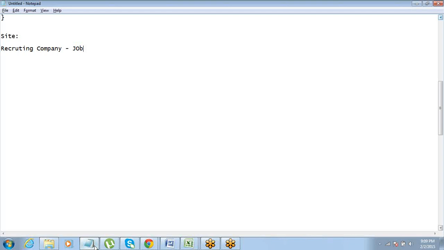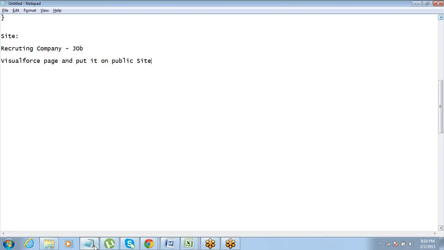Okay. So there's a very simple approach. You create a Visual Force page and put it on a public site. Create a Visual Force page, display the data that you want to display, and put it on a public site.